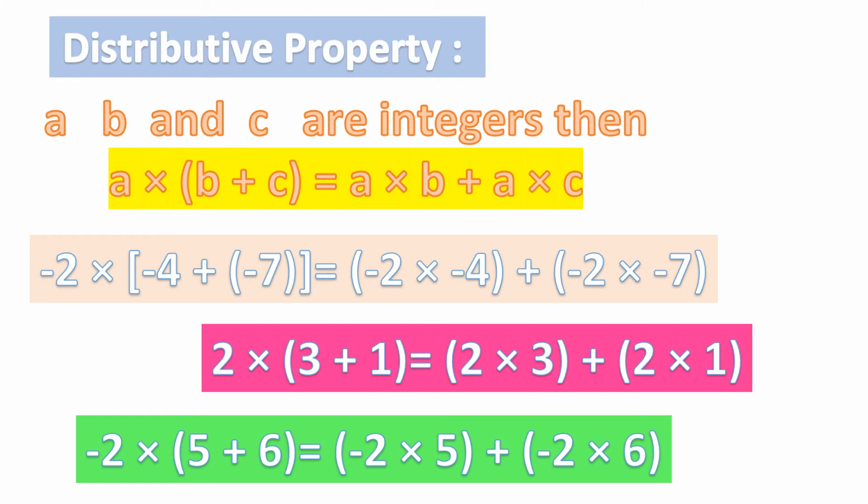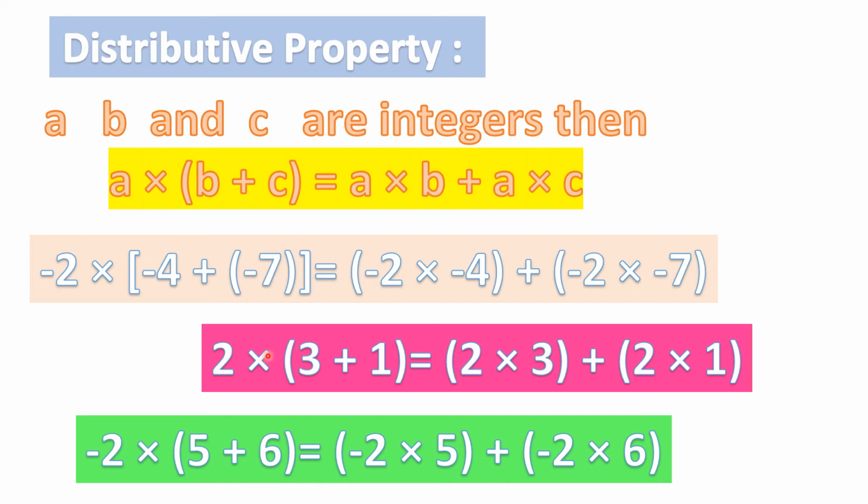Now what is this distributive property's speciality? Why do we use this? Whenever you see multiplication and then addition, either you can add it and then multiply the answer with A, or you can give A to both B and C and then you can multiply it and then you can find the addition. Okay, so this will be more clear to you using an example. First let's look at this pink example, the one in the pink box.